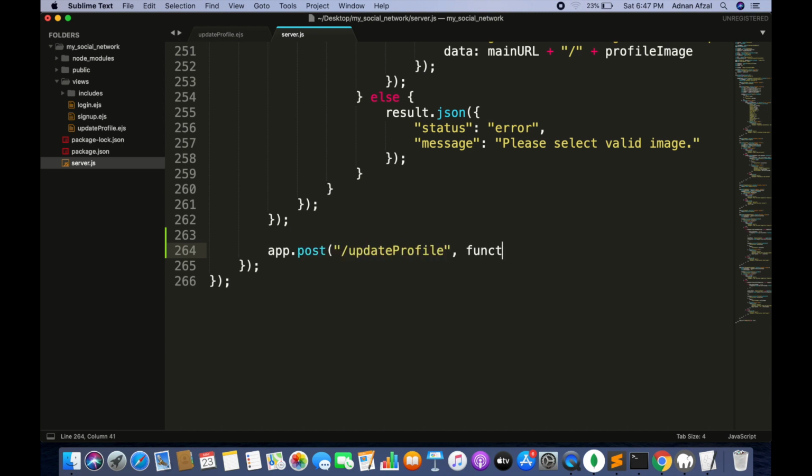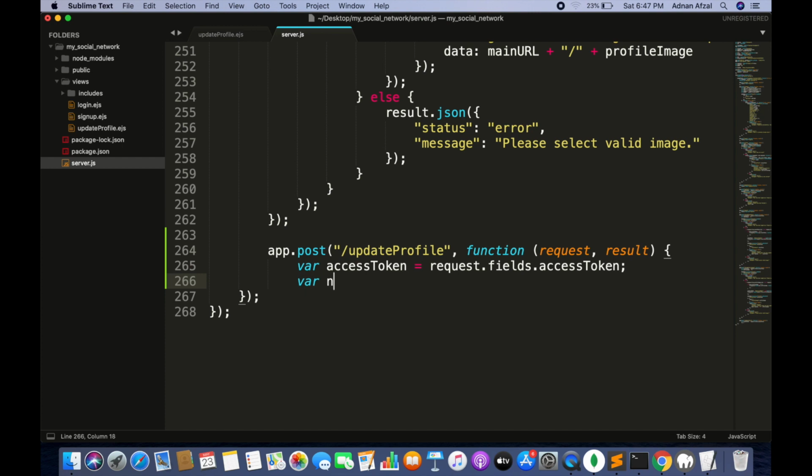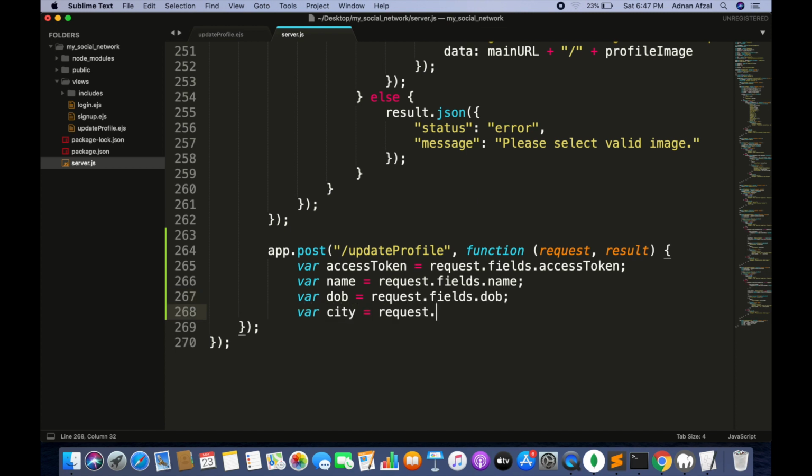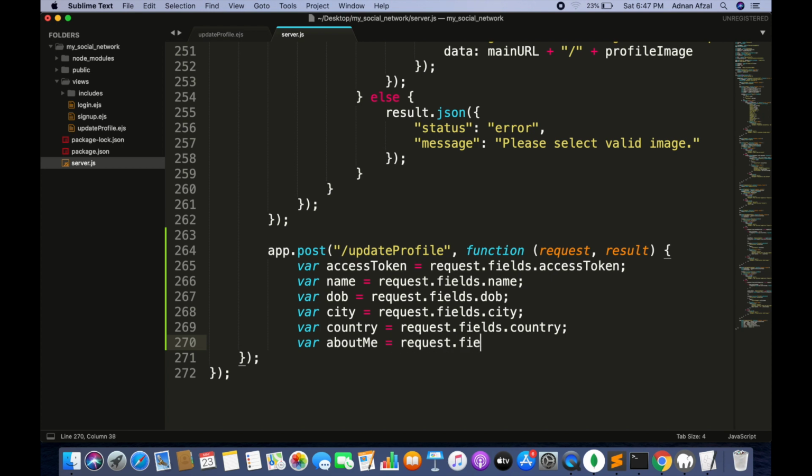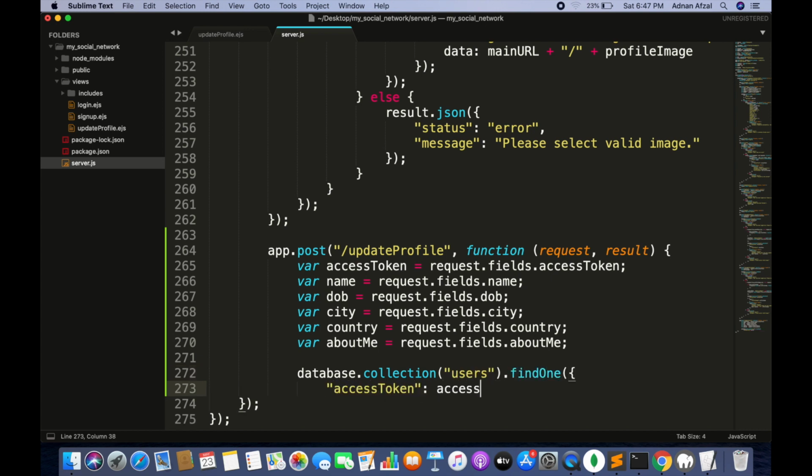It will have request and result as parameter. Request will have all incoming fields. We are receiving access token, name, date of birth, city, country, and about me. First, check if the user exists or his access token is expired. User object will be null if the access token is expired.